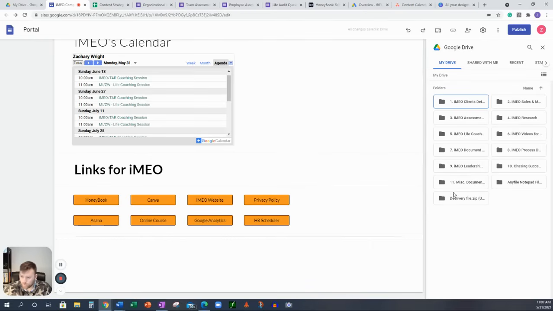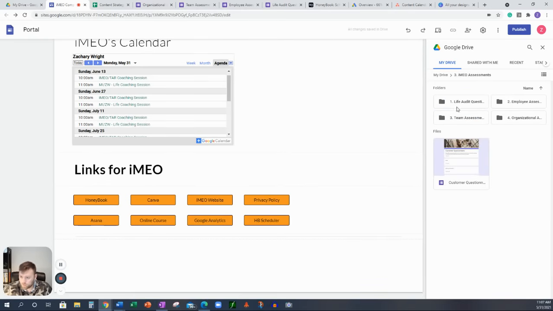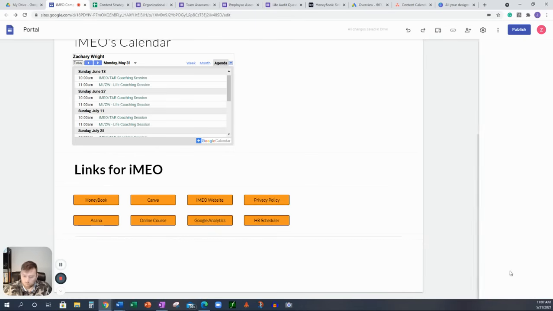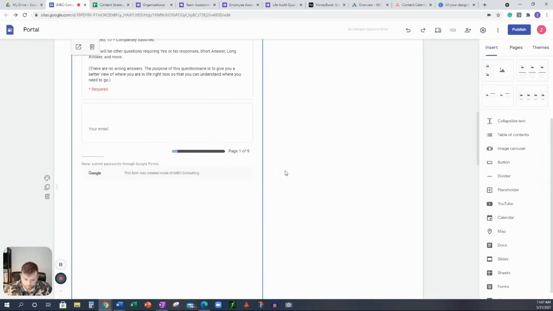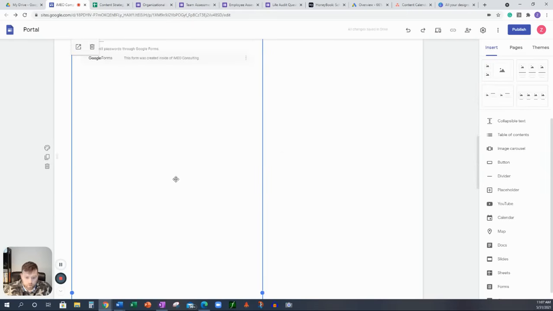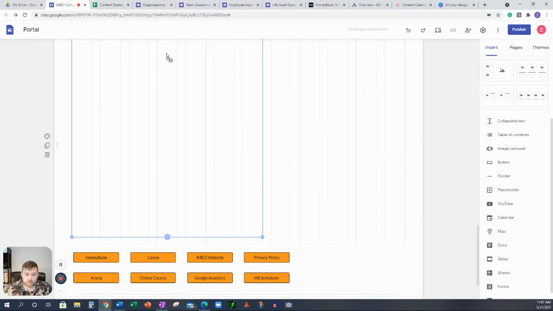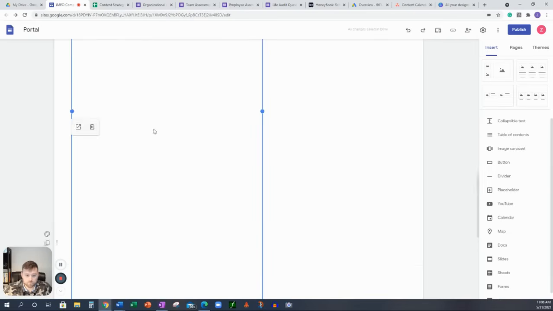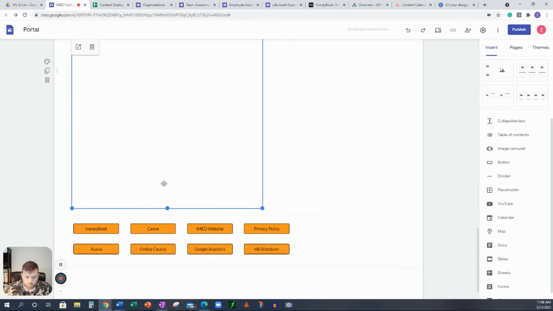So if we look, I'm very organized in our company. So we have these folders that are lined up and labeled appropriately. So if I go to iMEO assessments, what I'll do is go in here. And now the cool thing is that we can insert the actual assessment itself. So what I'm going to do here is shorten this up, obviously, because that's way too long. So let me go ahead and pull this up. Not sure why it went so long, but